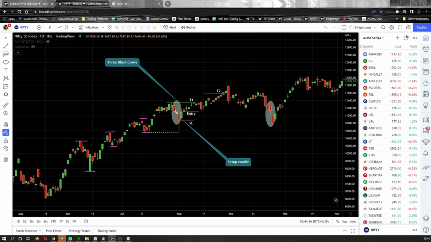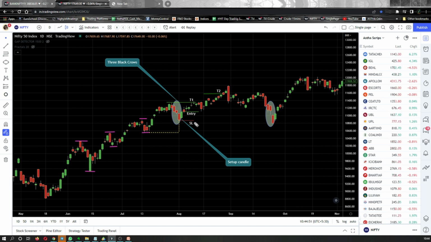So you need to wait for the fourth candle. So this green candle is the fourth candle in this strategy. The fourth candle has to be a green candle, and that gives us a hint that this particular stock price is not ready to go down further. It is taking a support at this point somewhere and it is going up. So where will be your entry?